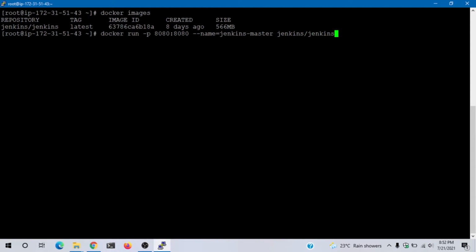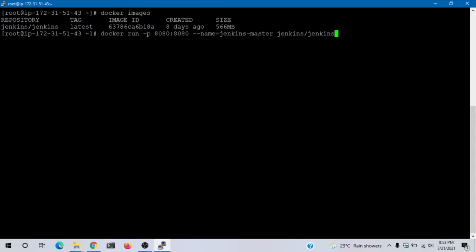Now let's go ahead and understand this command first. docker run is a command which creates the container from an image file. -p is one parameter to this docker run command, which basically states to open the port from the container to my base machine. So I'm stating here that 8080 is a port which needs to be open from the container to the base machine.